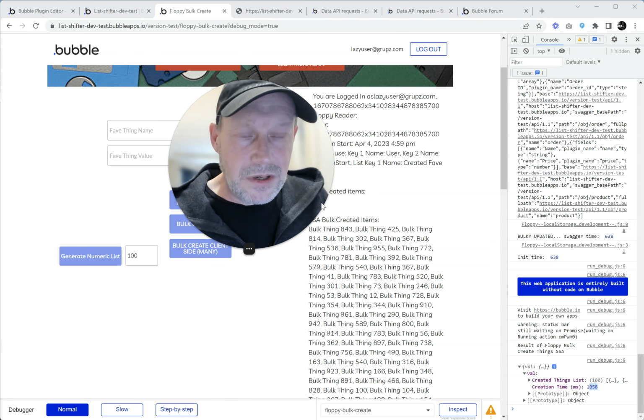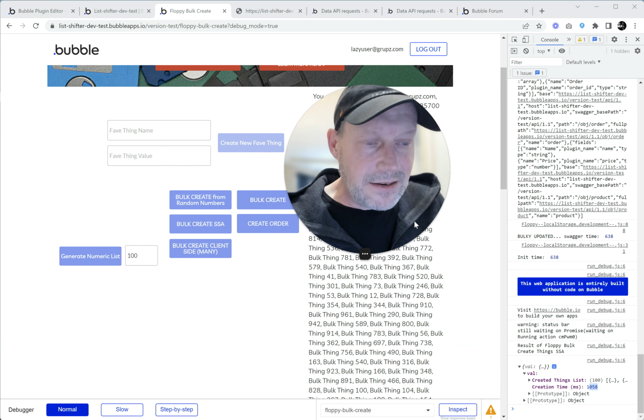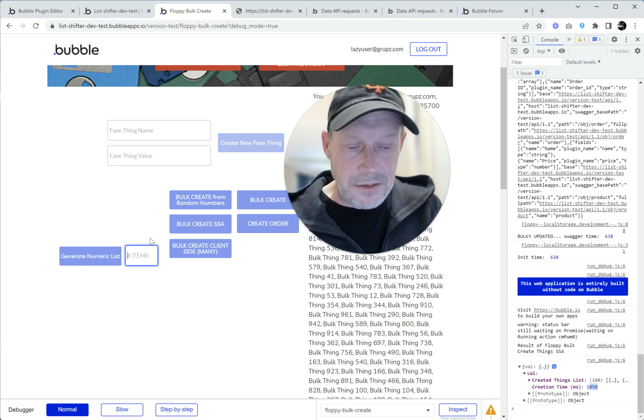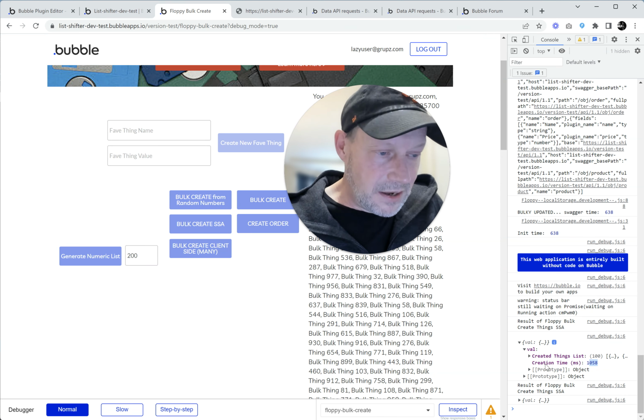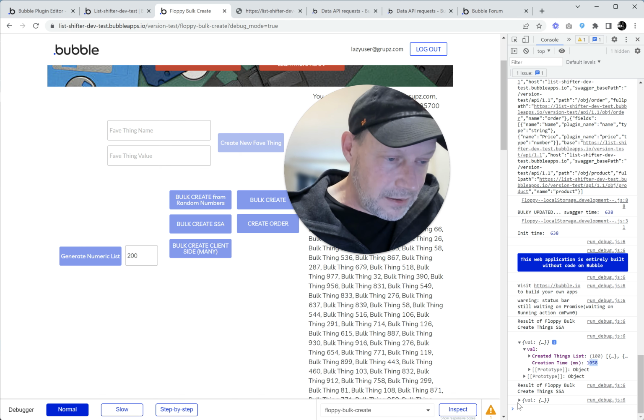And of course, if you're doing this, you would display a little waiting indicator or something until the SSA returns. But that's pretty impressive. And now that it's spun up, it should be faster this time. I might have been talking too much, and it's spun down now. But 1 Mississippi, 2 Mississippi, creating 200 objects. Yeah, inside the plugin that took